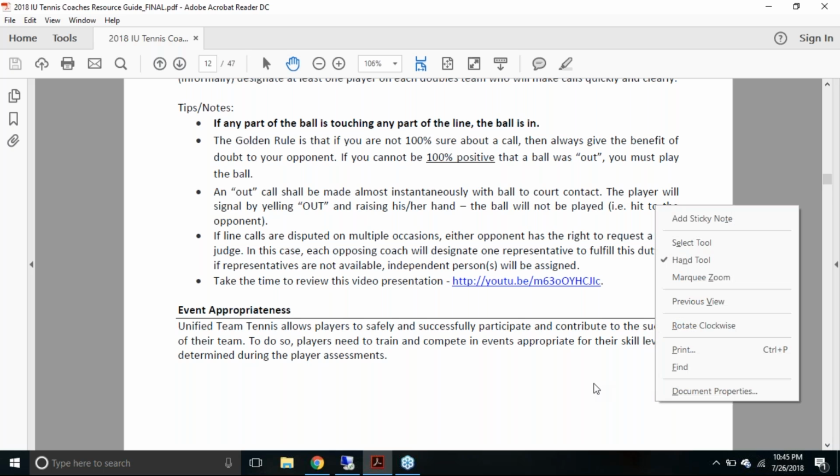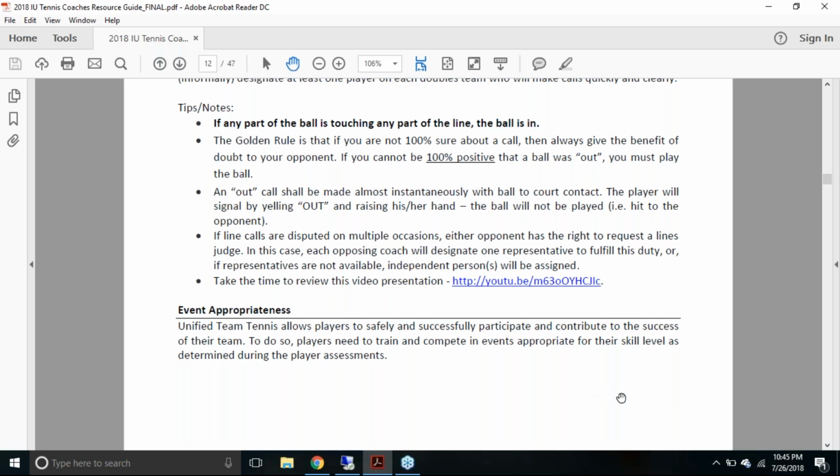Event appropriateness. Unified team tennis allows players to safely and successfully participate and contribute to the success of their team. To do so, players need to train and compete in events appropriate for their skill level as determined during the player assessments. And just a note on that, sometimes we have student athletes, perhaps with a physical disability, who in all other ways would be appropriate for doubles play, except that they cannot, maybe due to a range of motion issue,